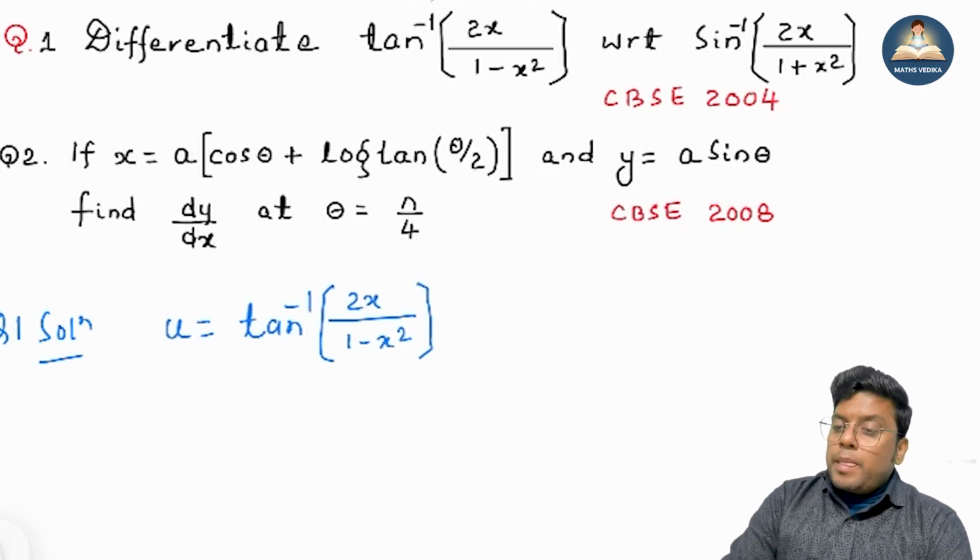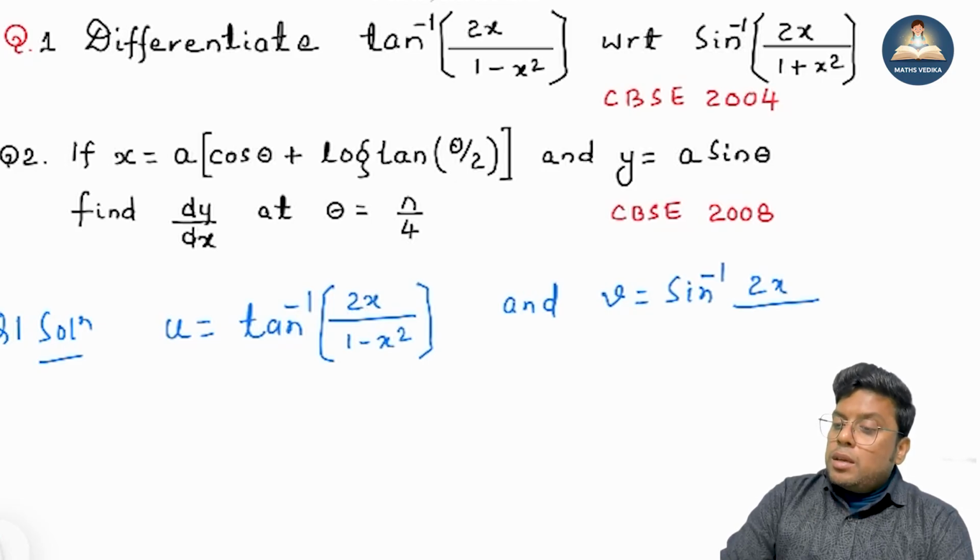Okay, and v is equal to sine inverse 2x by 1 plus x square. Okay,